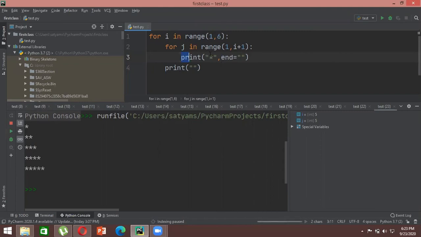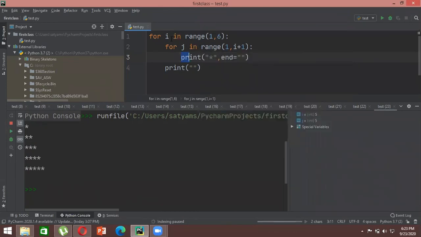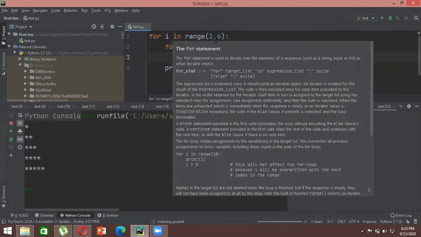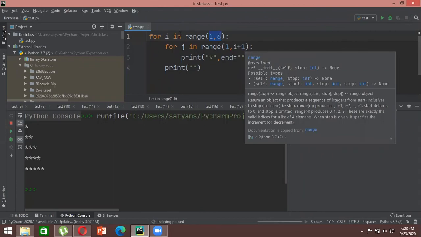Now once it prints this, it will again run the particular loop here, right? But the next time you run this loop, the condition is not true, because you haven't updated the value of i. The first time you run it, let's say the value of i is 1. This condition is true, so it goes into the second for loop. Now the value of i is 1, so the range becomes 1 to i plus 1, that is 1 plus 1, which is 2. So now the range of j is from 1 to 2.